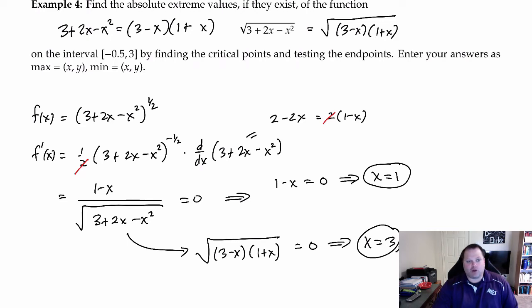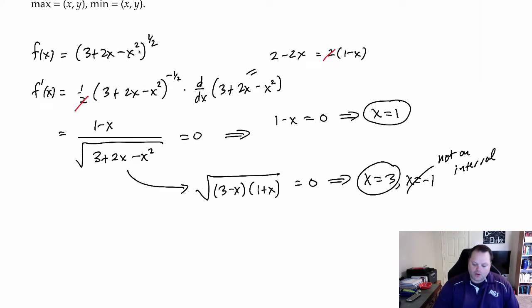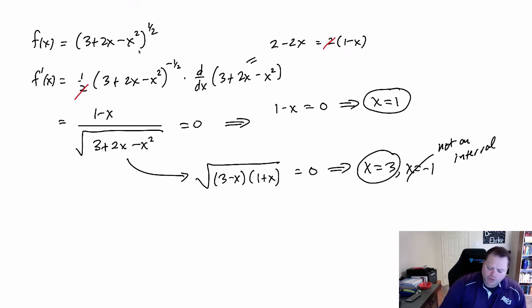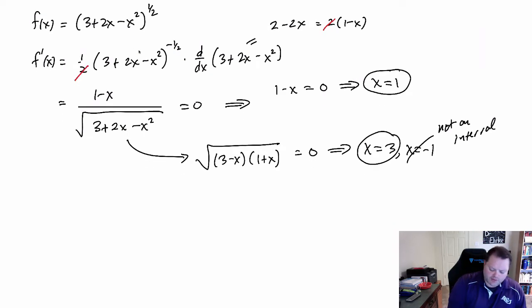What about -1? Well, -1 isn't on the interval, so I don't really care about -1 for the purposes of this problem. I'm just going to exclude it. Just say not on the interval. Okay, so we have 2 critical points. We also have 2 endpoints. So the points that we're going to test,